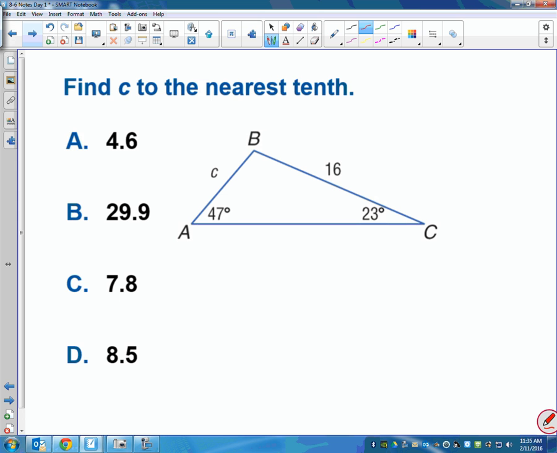So this is one, I don't want you to shout this out, but this is where, just like the one we just did, and just like yesterday, I want you to open up your Chromebooks and go to Socrative again, and it's the same code as yesterday. But if you don't have that still open,